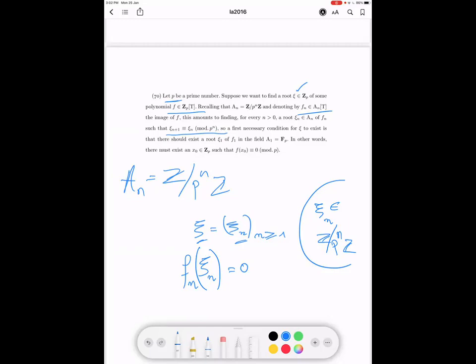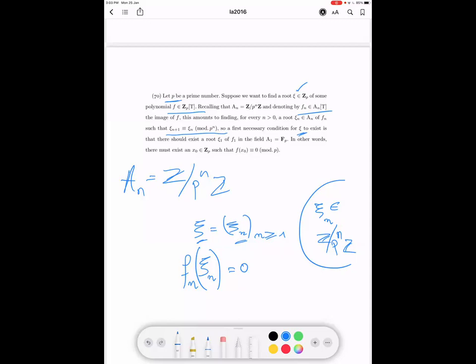Okay. So that's what it means for psi to be a root of f. If psi is equal to this, then this psi n should be a root of fn for every n. And of course, psi n plus 1 should be congruent to psi n modulo p to the n. In any case, this shows that a necessary condition for there to be a root psi is that